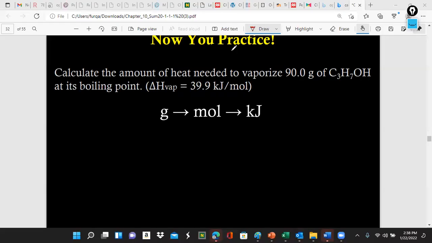So for this question here, calculate the amount of heat needed to vaporize 90.0 grams of C3H7OH. In order to go from the mass to the moles, you definitely have to calculate the molar mass of C3H7OH, right? So if I calculate that,